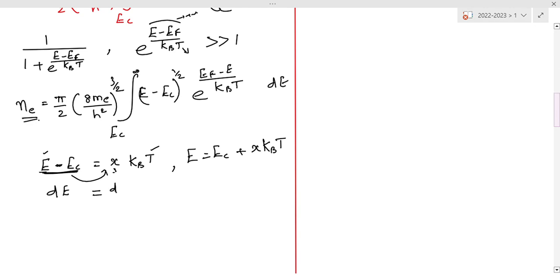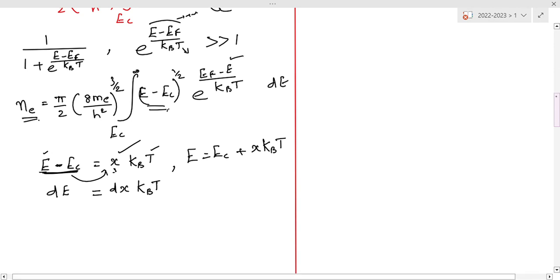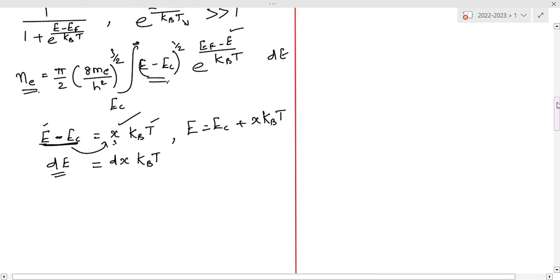X becomes 1 and then dx into kBT. Now substituting E minus EC as x kBT, E as EC plus x kBT and dE as dx kBT in this above equation, I will get